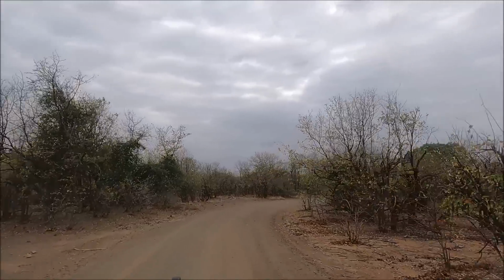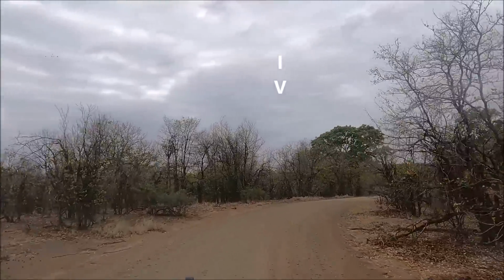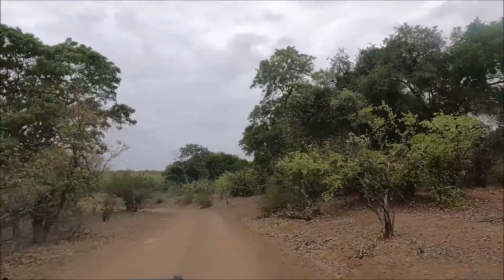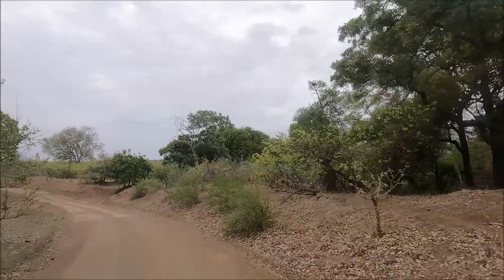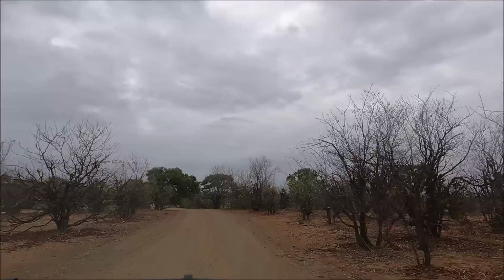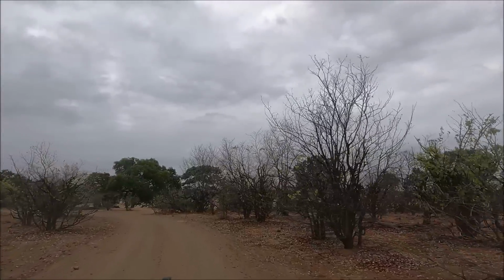Along the riverbed down towards the Engelhard Dam. It's quite pretty. It's green down here near the river, although the Mapani hasn't started to get its foliage yet, and is pretty thick. There's a little loop road down to the river, so let's go and see what's...